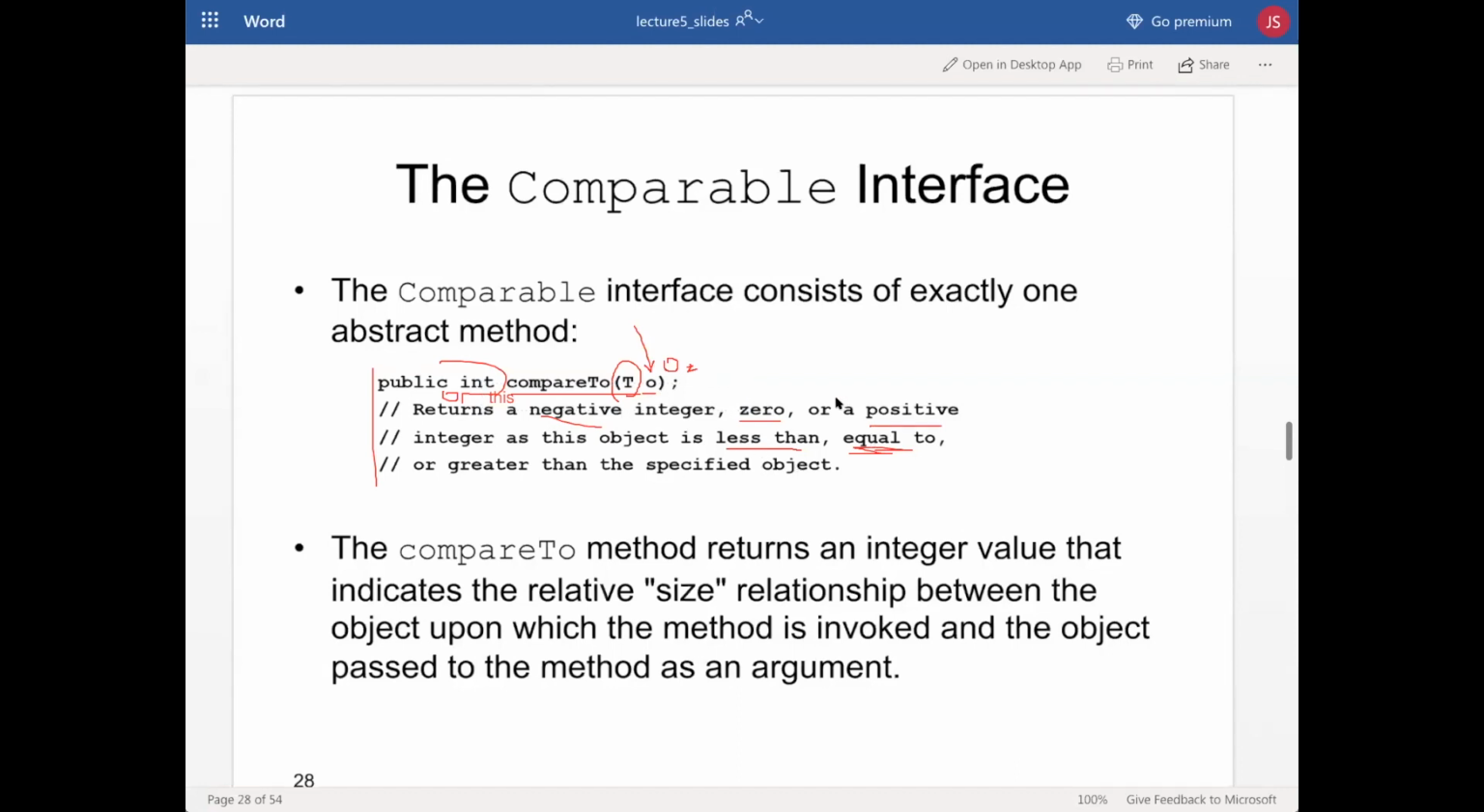Now, if this is greater than O2, then in that case, you'll get a positive number. Sometimes we use these numbers, like negative numbers being -1, positive numbers 1. It depends on what is being used to compare these things. Let's say you use an equals value against the equals method on the string, then you're going to get